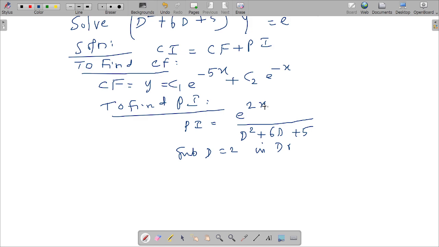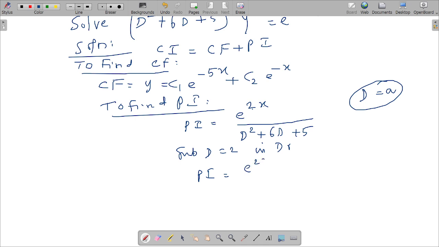That means you substitute d equal to a, where a is the coefficient of x in the exponential. The coefficient of x in the exponential is 2. So substituting d equal to 2 in the denominator,